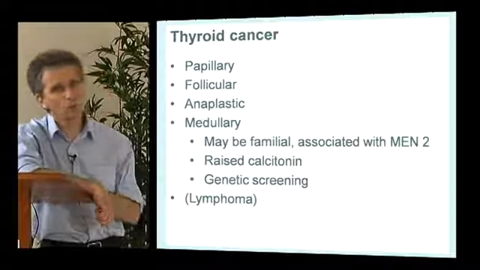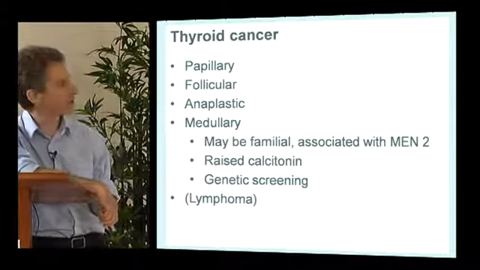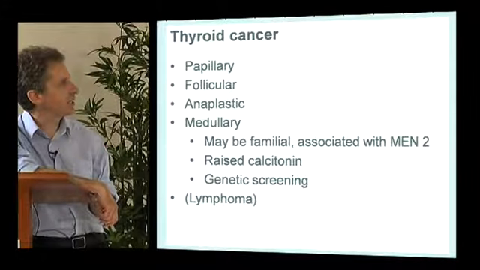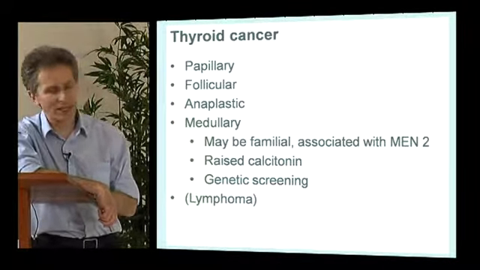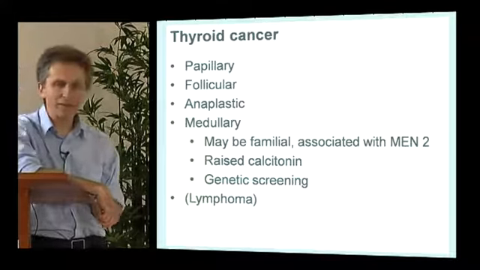It doesn't present as a nodule, but a diffuse enlargement somewhere in the neck because it's enlarging so rapidly. What can present as a nodule, as in this question, is medullary thyroid cancer. As we've said, it arises from the C cells, so it's the only one that secretes calcitonin, and that can occasionally cause diarrhea. Importantly, it may be familial and associated with MEN2, and it can be picked up by genetic